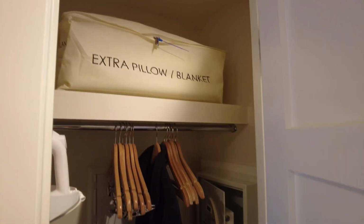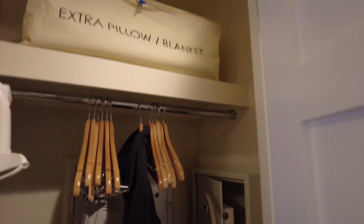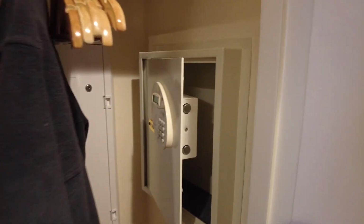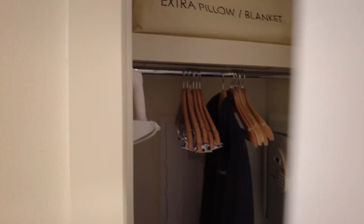And then also we did pass the closet area. We've got your extra pillows and blankets here, iron and ironing board furnished, and also your safe, which is super tiny. But then there's also extra storage for your suitcases, plenty of hangers for your hang-up clothes. And